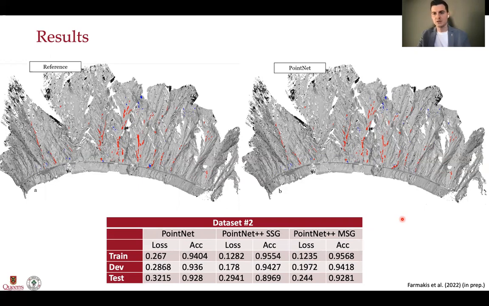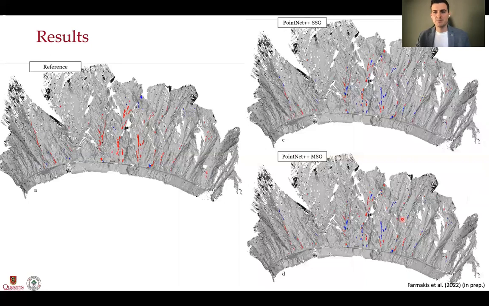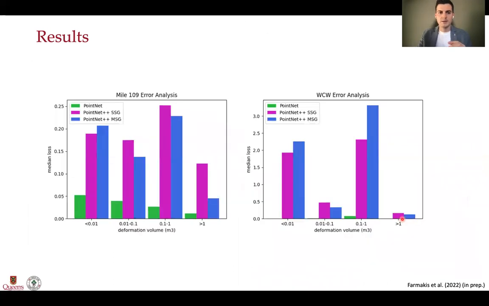And here, while we still see the good agreement between the PointNet and the reference data set, when we go to the PointNet++ results, we see that we have errors that have occurred even in the very large volumes. And this is something that we also further evaluated with an error analysis that we did for both sites. We split the test dataset clusters into 4 volume bins, and we calculated the median loss within each of these bins. And what we observe from that is that